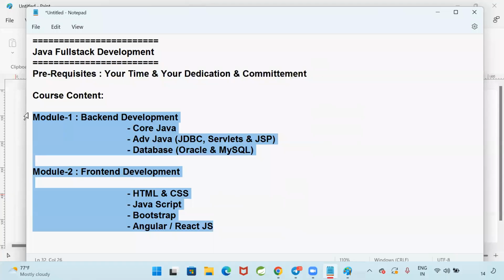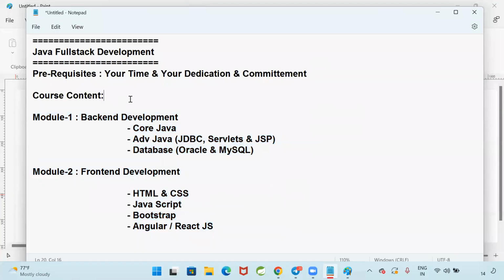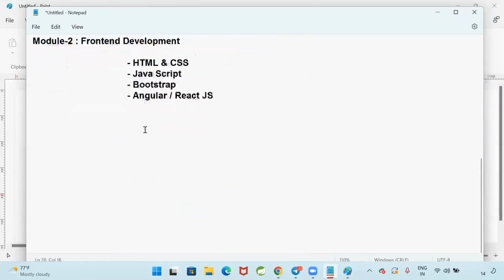Right. Sir, my graduation is completed. One year has passed, two years have passed. I have 3 years gap. I have 4 years gap. I have 1 year gap. If you have some gap, or if you already completed your BTech in 2021 or 22 or before that, then you need to go for module 3 also, which is very important.